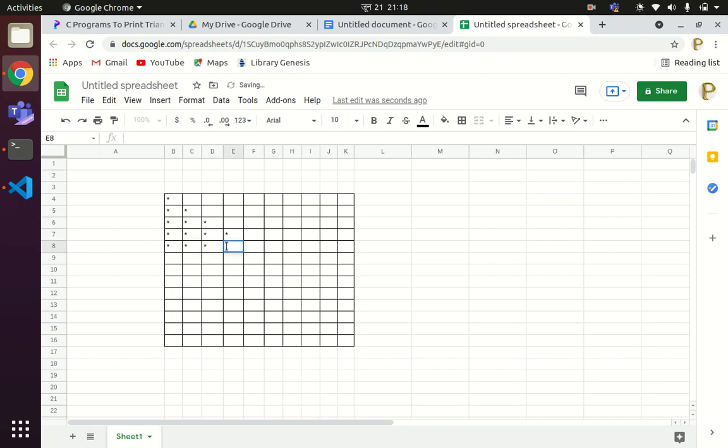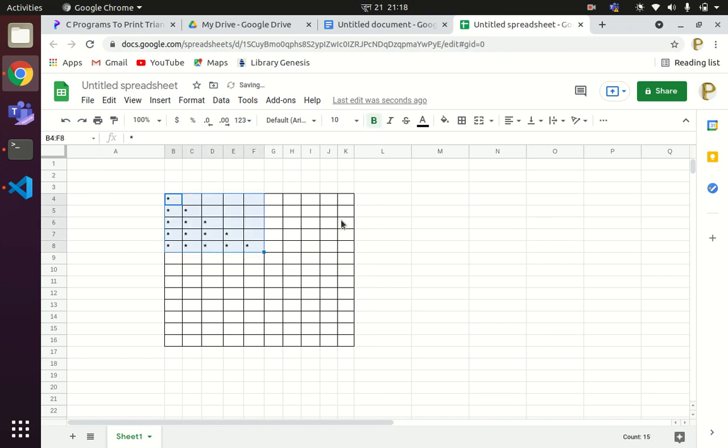Almost all questions related to pattern printing are related to the nested loop concept. If you are familiar with the concept of nested loop, then you can solve this problem very easily, and you will have a better understanding of this concept. If you do not have a clear understanding of how the nested loop works, please go through the other tutorial that I have uploaded in this channel. Now let us solve this problem by using the concept of nested loop.